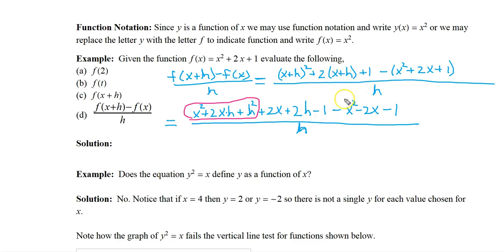And then, oops, I have an error right here. This should be a plus 1 right there. That's a plus 1, plus 1, plus 1. And then just distributed the negative to each term here. Now we have some cancellation here that we can do. Notice this x squared will cancel with this one. This 2x here will cancel with this one. This number 1 here will cancel with the negative 1 here. And then what we have left is that this is all equal to